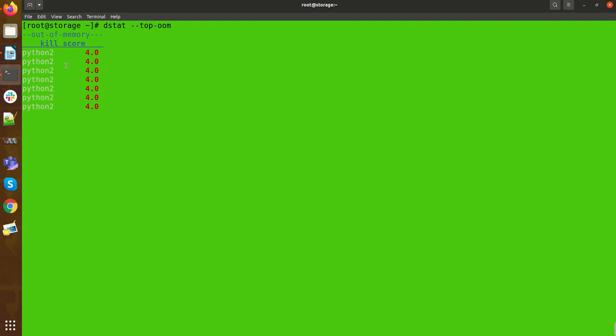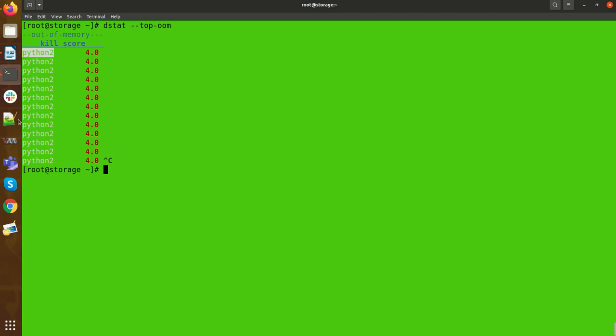When my RAM is full and I run another application that requires more memory, this is the first process that is going to be killed by the kernel. So this is the basic of memory management.